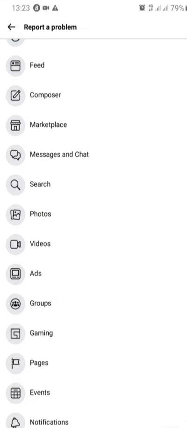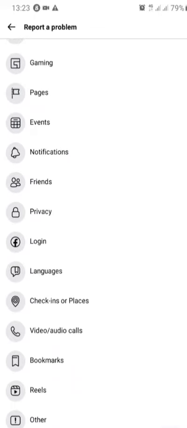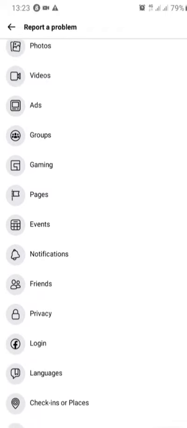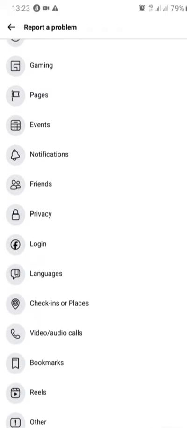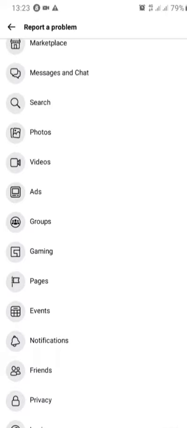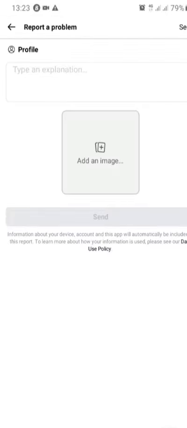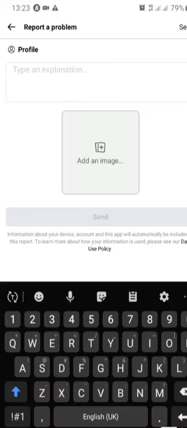Okay, now just scroll down. Okay, where is it? Just a minute here, till you see profile. Profile. Okay, right here. You can choose to attach an image or just report the problem by typing